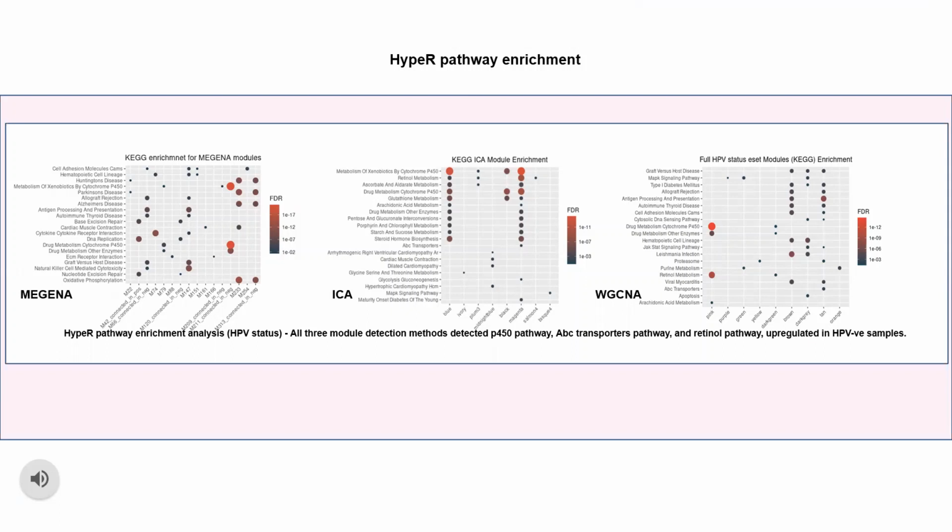Specifically, of the most interest here, all three module detection methods show enrichment for the P450 pathway, ABC transporters pathway, and the retinol pathway, all upregulated in the HPV negative samples, meaning there is a higher connectivity in the HPV negative samples. And this is reflected through past literature. Of note here, these are not identified as significant pathways through single gene differential expression